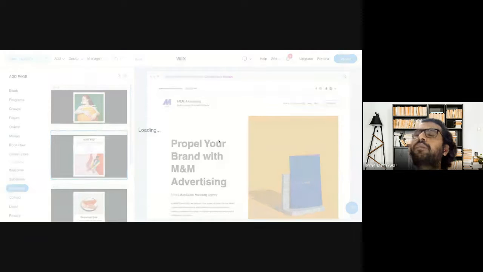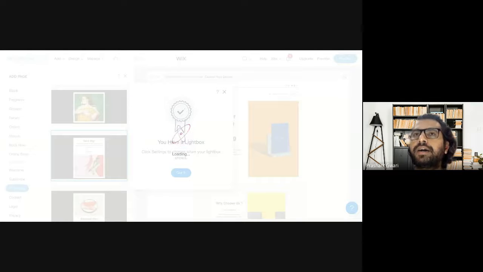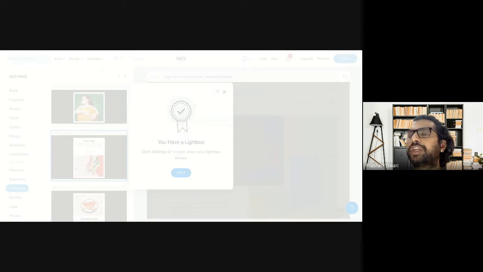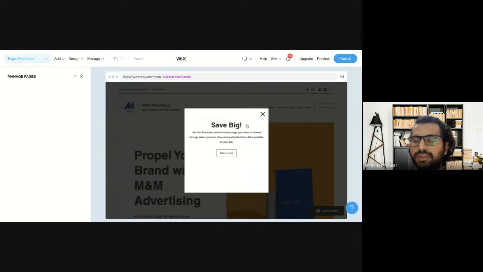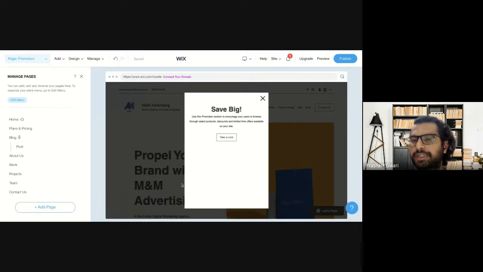So when someone types my domain name, a pop-up will appear, a small screen will appear on the dashboard of their computer or mobile device, and they have to cross it if they want to visit my website, or they have to click on the call to action button. So how a light box or pop-up looks, you will find out now. So that's how a pop-up will look. When you type a domain, a small screen will appear.